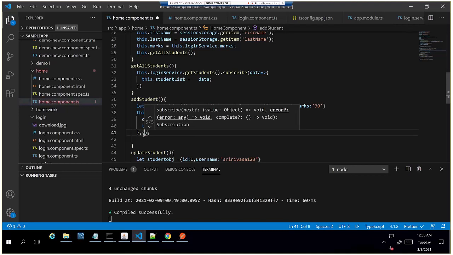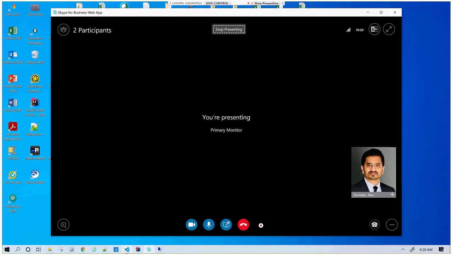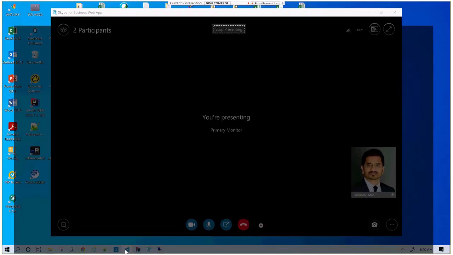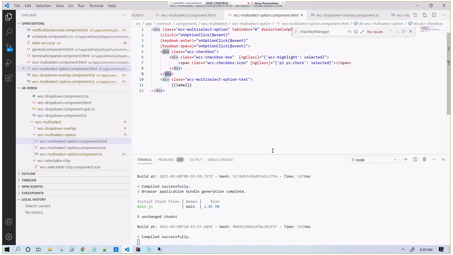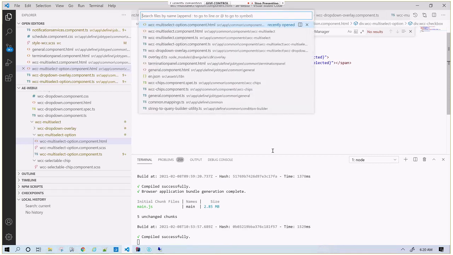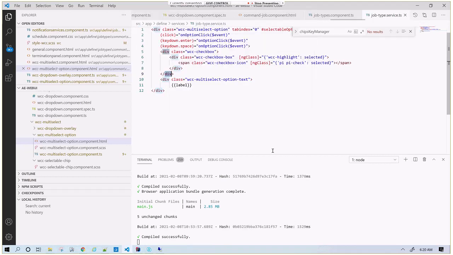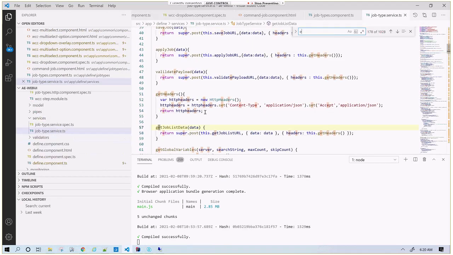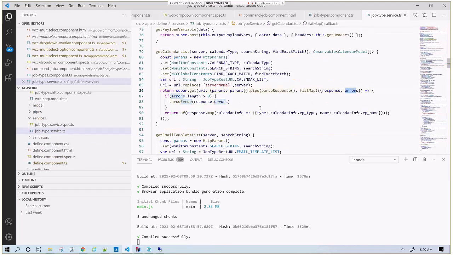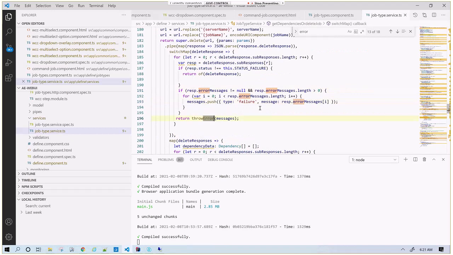One second, I'm getting the syntax. I'm checking for the syntax of that.